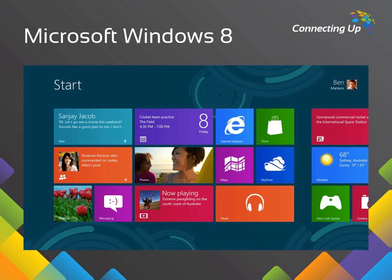So Microsoft Windows 8, hopefully a lot of you are familiar with Windows 8 at this point. Windows 8, or it's just released a Windows 8.1 update, is Microsoft's latest and greatest operating system. I'll be honest, it is a bit different to previous versions of Windows. The main thing that takes a bit of getting used to is this new start screen. Once you're used to it though, it's faster than previous versions of Windows, as well as being more secure and more